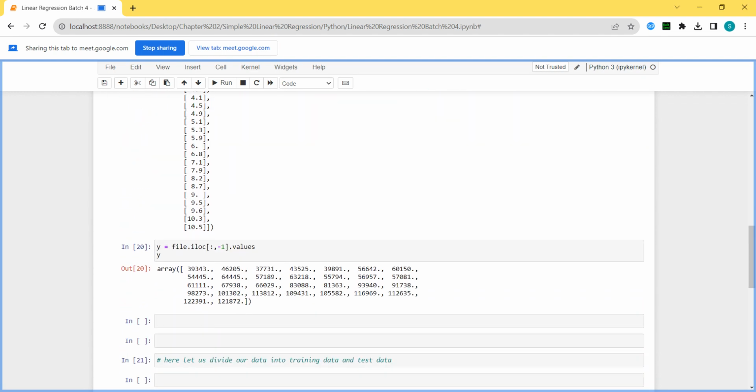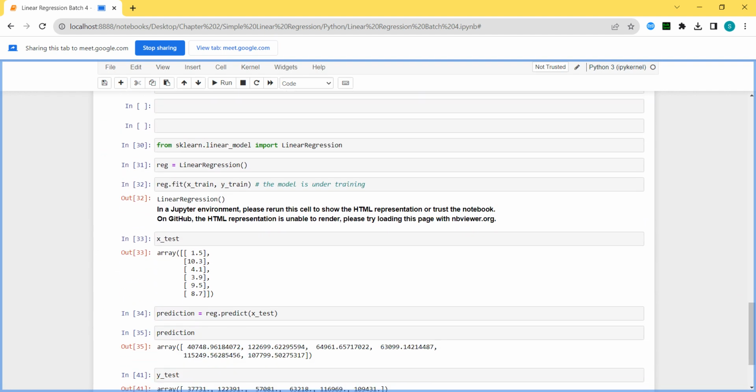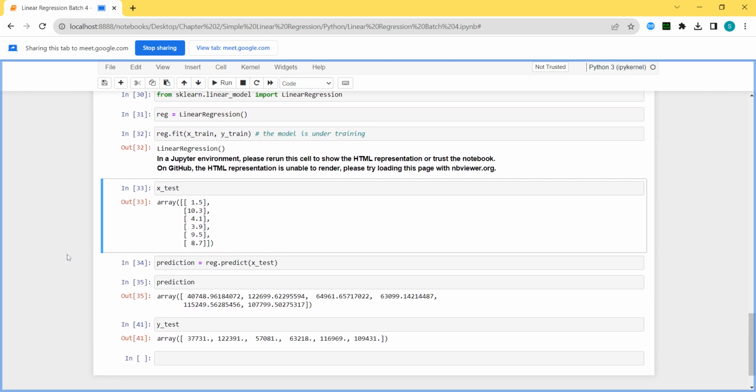In the training, 24 rows will go, and in the test my 6 rows will be there. What is the proof of that, sir? It is in front of you. In X test, 6 rows are stored. These are randomly collected 6 rows which are going to be used for checking our prediction, whether our predictions are good or wrong.